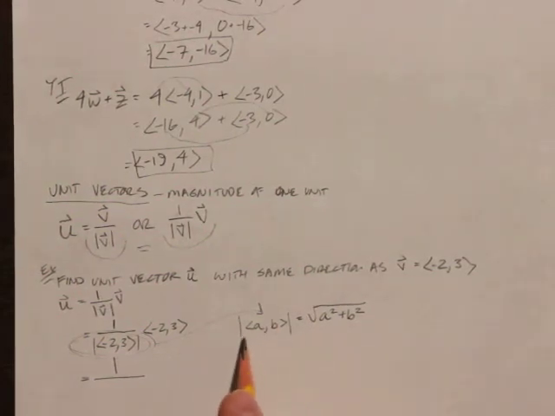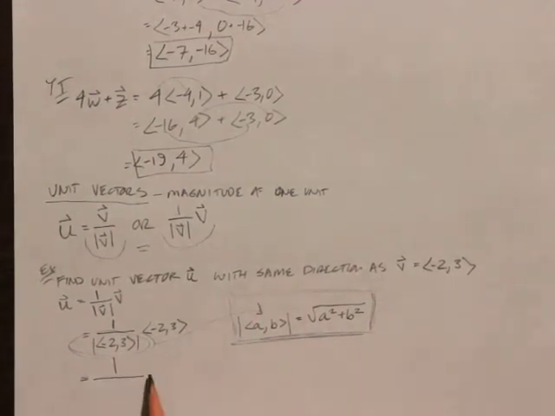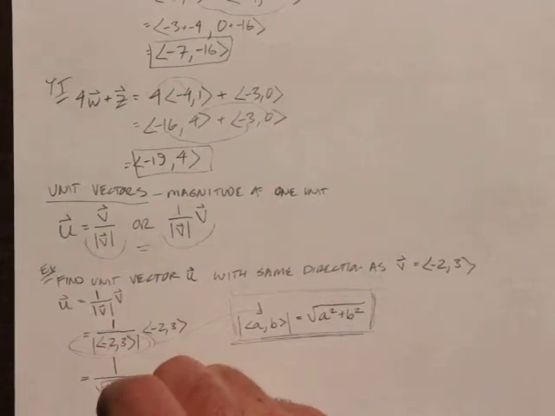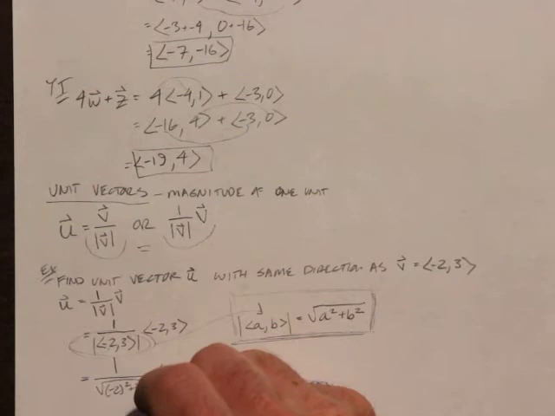So here is a formula that you want to know. If this is a and this is b, then we have the square root of a squared plus b squared. So I say the square root of -2 squared plus 3 squared,